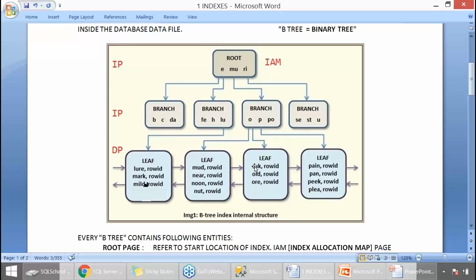I repeat: root, index page, start location; branch, additional index pages for reference purpose; finally, DP, data pages, that contain the actual information. It's the organization of a B tree. From one data page, we can move on to the next page or trace back to the old page.